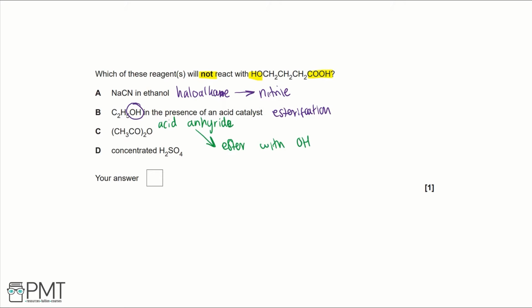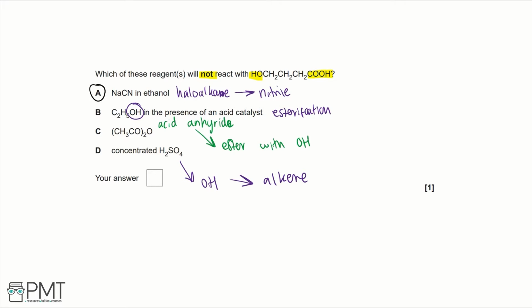Then finally, looking at concentrated sulfuric acid, this will react with our alcohol to form an alkene. All of this information can be found with the OCR reaction map. So if this question was a little bit difficult, then it's worth printing out this reaction map and trying to learn it. The only reagents that don't react to form either an ester, an alkene, or anything else is